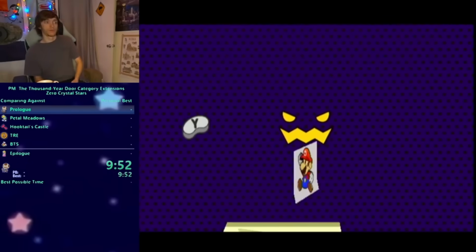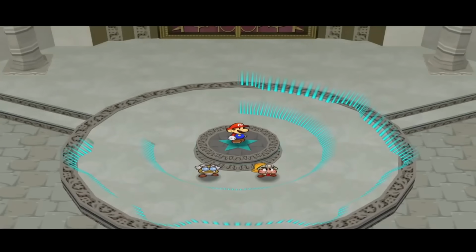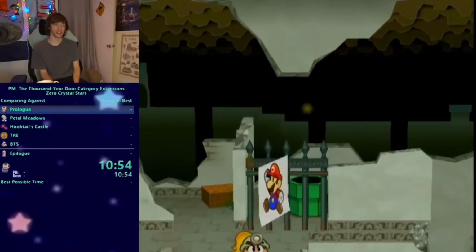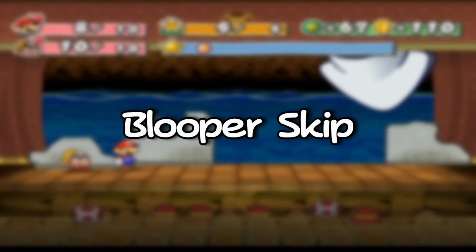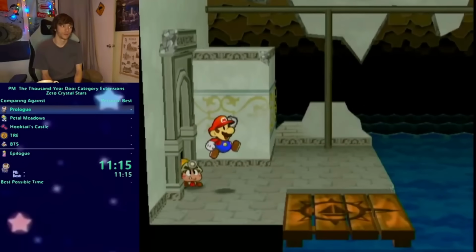After learning plane mode, a curse that transforms Mario into a paper plane, instead of going to the pedestal in front of the Thousand-Year Door like normal, Mario backtracks to the room where you fight Blooper, and where the pipe leading to Chapter 1 is. In a normal run, you would fight Blooper here, but this battle can be entirely skipped, using a trick called Blooper Skip. To perform Blooper Skip, you need to reach the boat panel by jumping on the first frame when entering the room,